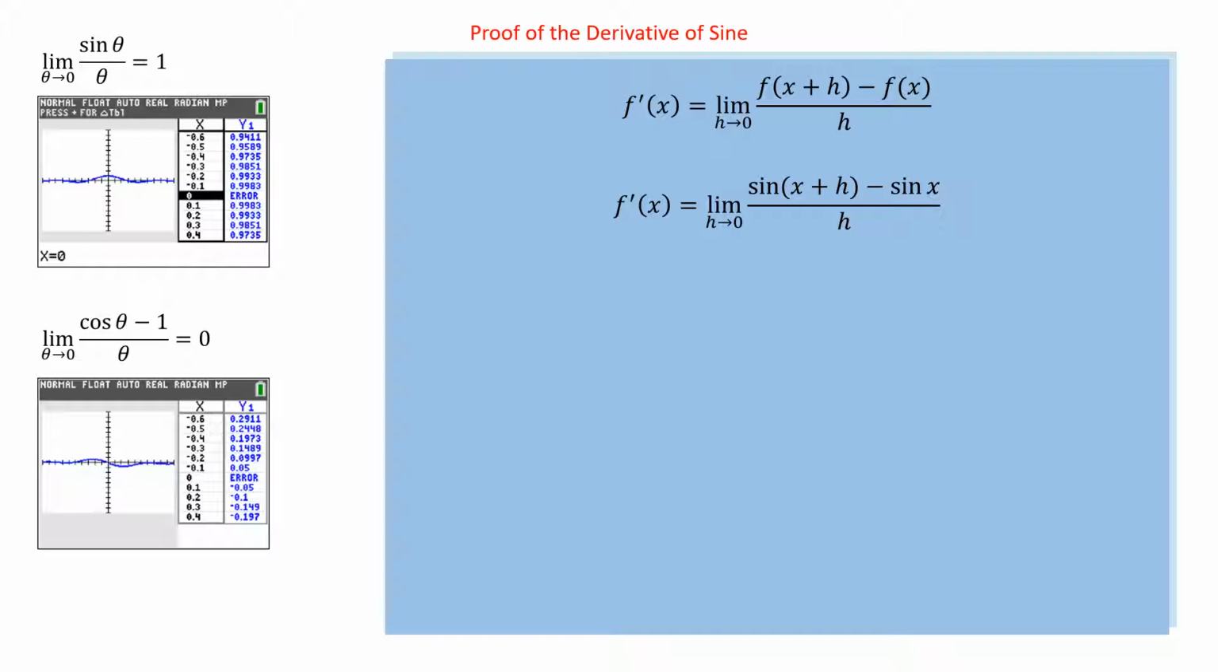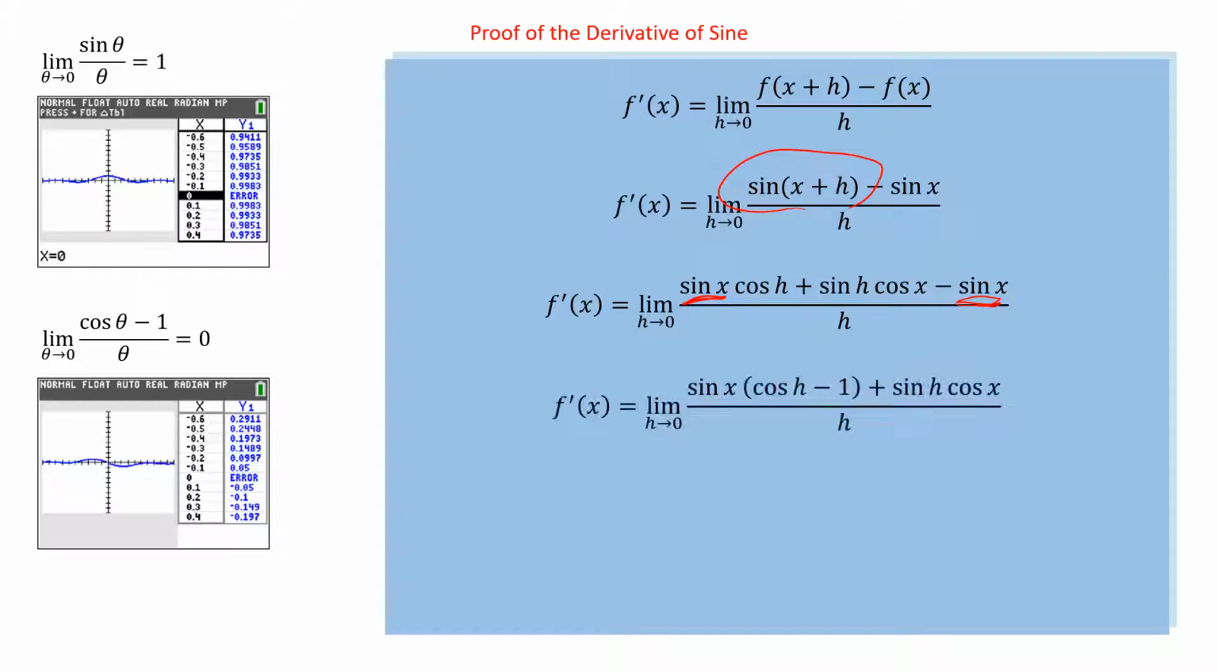over h. The next thing we need to do is expand out that sine of x plus h. Now we can't expand it like with a quadratic, but we can expand it using those angle addition formulas of sine that we looked at in chapter 0. Remember, sine of x plus h is going to be sine of x cosine h plus sine h cosine x. Then the minus sine x comes down, and over h. We're going to group these sine of x's together and factor that sine of x out. So we have sine of x times cosine h minus 1, and then plus sine h cosine x,